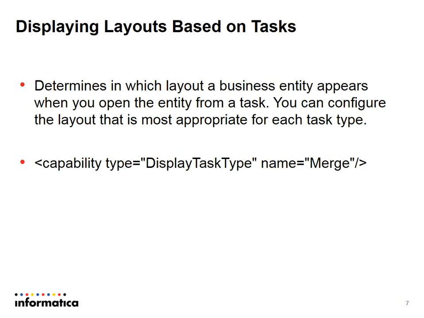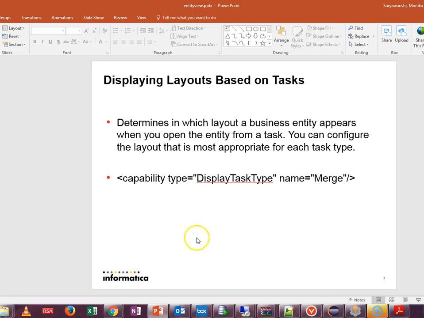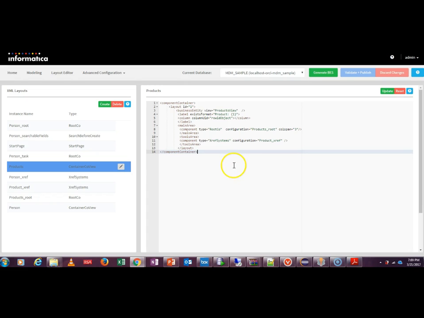Okay. Now we will see a demo for all these layouts. First we will see displaying view based on your business entity or business entity view. I have created a layout based on business entity view for the entity products. Here you need to provide business entity view as products view. Whatever columns are present in this product view will be displayed when you open the entity